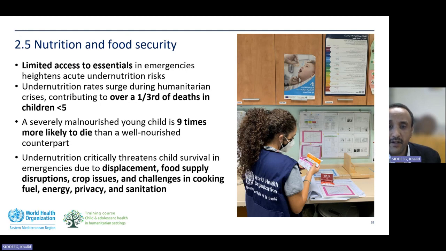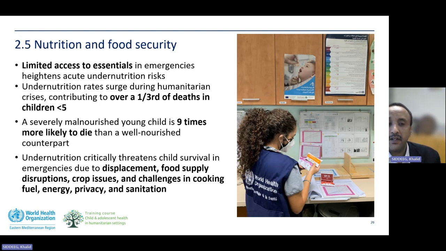For the fifth area, and it is the last area for part one of the response module, is on nutrition and food security. And also in emergencies in our region, we have seen how significantly the nutritional status of children was affected by emergencies. And usually we cite Yemen experience in this, because in Yemen, the prevalence of malnutrition after war